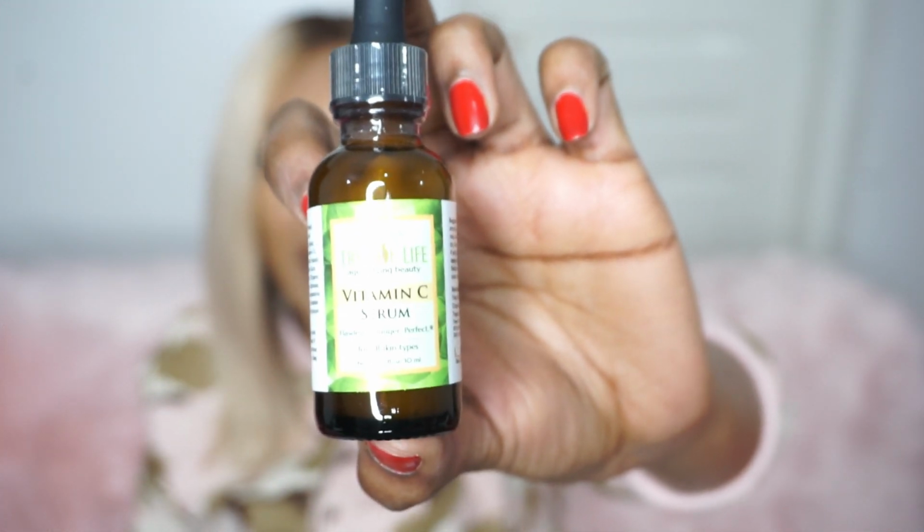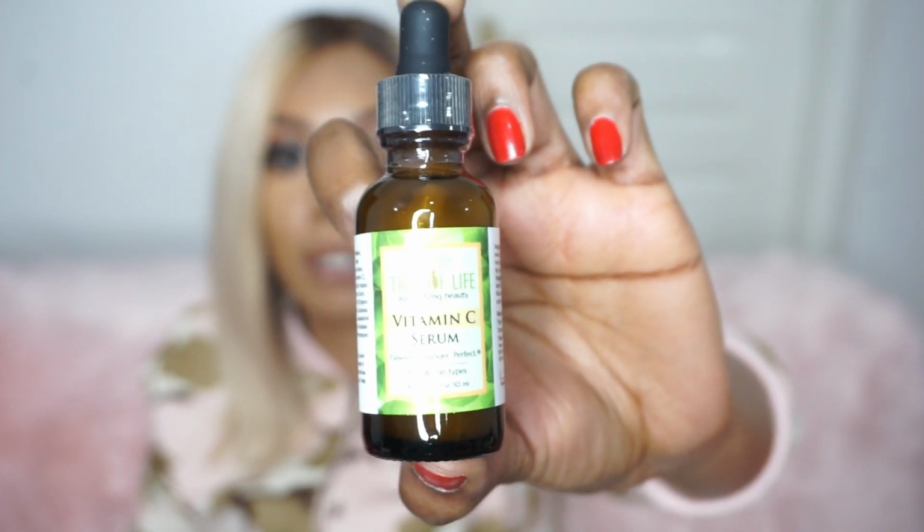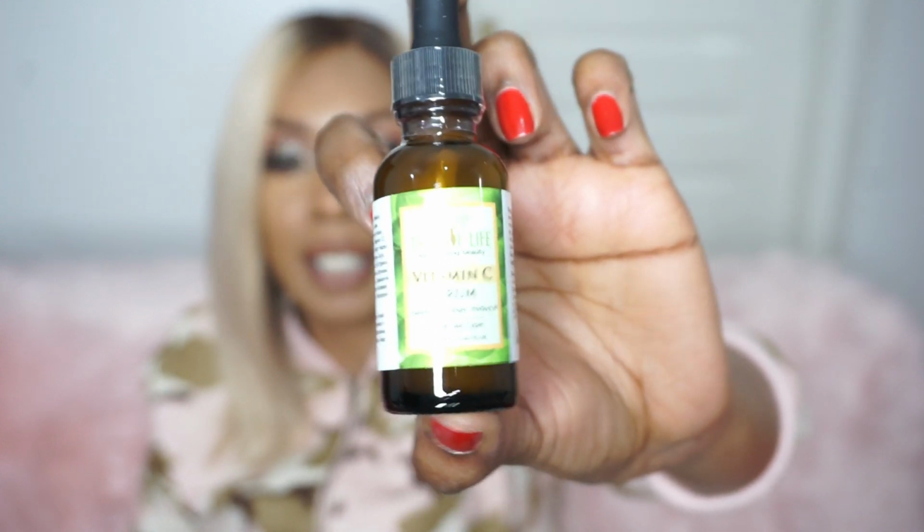This vitamin C serum has also so many reviews on Amazon, so I just had to buy it and see how it will work for me. And yeah, it comes with directions on how to use it. They gave me their business card. Right here I have a few more makeup items that I also ordered from Amazon coming up. As soon as they come, I will also show you and do an unboxing of those